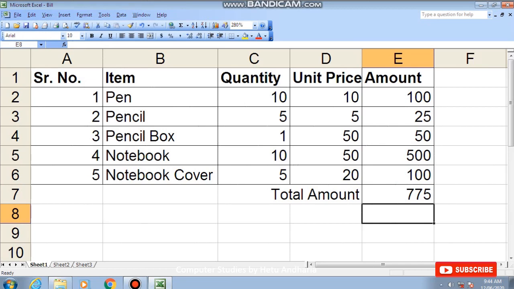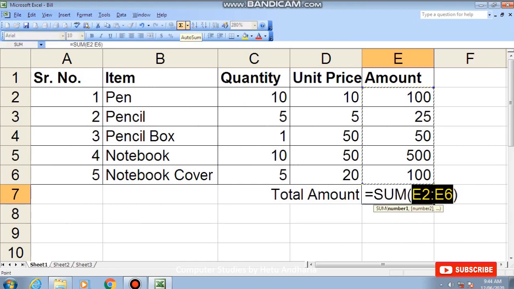The next thing is you can use the function. So I delete this formula. For using the function, I place my cursor here, that is I make this cell active, and then I go to the standard toolbar, and here the AutoSum function is given, that is the sigma sign. I click on that sigma sign. As soon as I click on the sigma sign, what will appear here is equal to the name of the function. Remember, in the MCQs it could be asked what is displayed in the formula bar whenever you use any function. So it displays is equal to name of the function and brackets open.